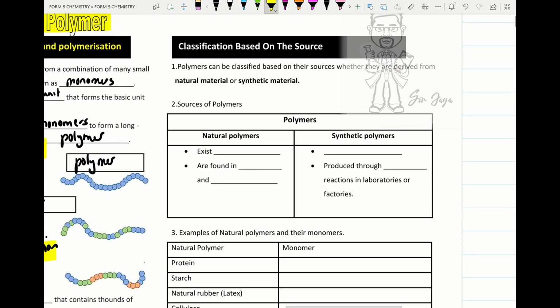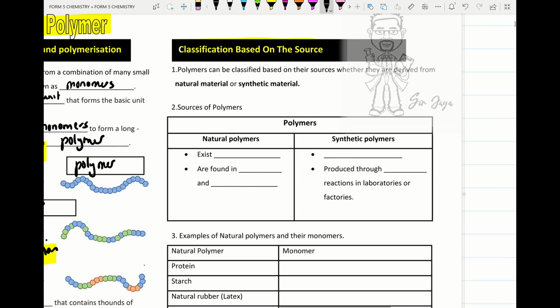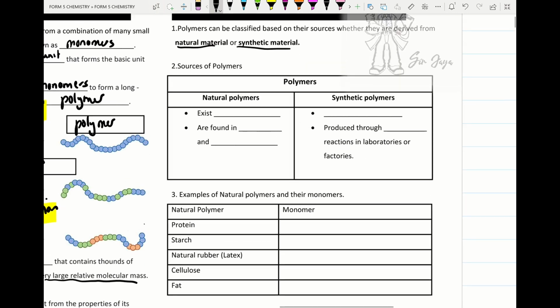We move on to the classification based on their sources. So polymers can be classified based on their sources, whether they derive from natural material or synthetic material. For sources of polymer, we have natural polymer, which exists naturally and is found in animals and also in plants. And another type of polymer is known as synthetic polymer, which is man-made polymer, and produced through